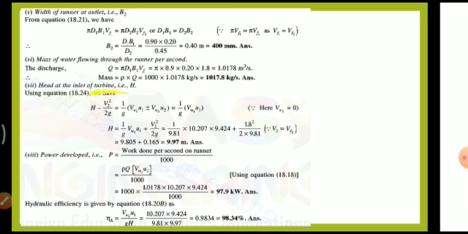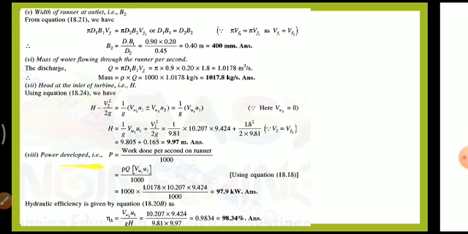Next we have to calculate the head of water in the turbine. We have to use this equation. The net head available is H, and the head of the water coming out of the turbine is equal to V2 square by 2g. The difference between these two will be converted into the total work of the turbine. So we can calculate the head available. Vw2 is equal to 0, so that term cancels. The remaining will be 1 by g Vw1 U1 is equal to H minus V2 square by 2g. The value of V2 we can calculate from the triangle. V2 is equal to Vf2. Using that equation, we will get the value of H.